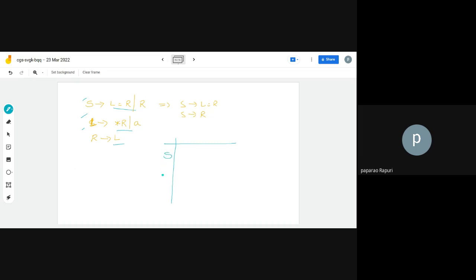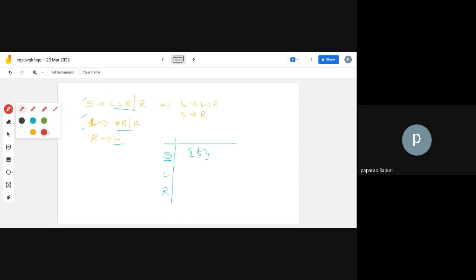S is the start symbol, so for the start symbol we always add dollar. For that purpose I have taken capital S, L, R. The remaining non-terminals present on the right hand side are L, R. On the right hand side there is no S, so S is completed. Coming to L,